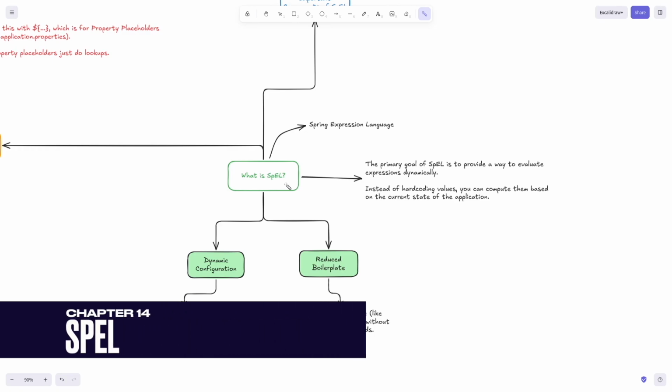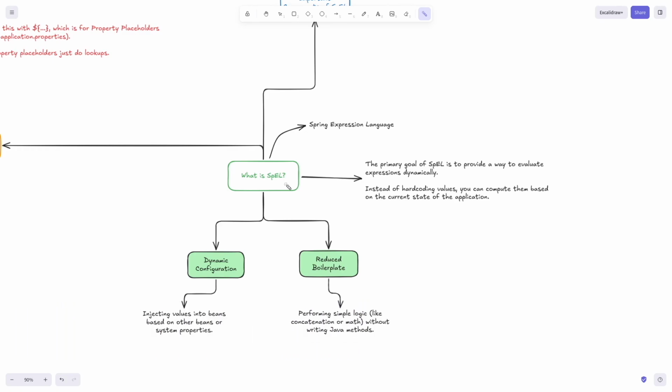All right. In this section, we are going to learn something interesting. We are going to learn about the SpEL. Now, what is this? This is Spring Expression Language, and you can think of it like a mini programming language embedded directly within the Spring framework. It allows you to query, manipulate, and evaluate data like Java objects, collections, and application properties at runtime